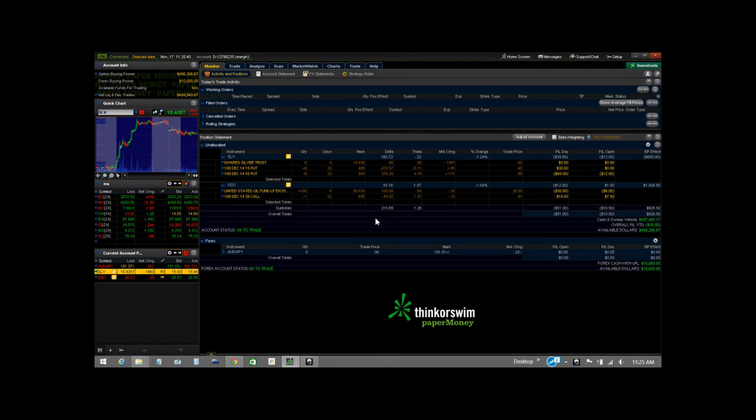Alright, here we are in our paper account, and just noticed an opportunity today. If you look over here, the S&P minis, the futures are down $4, and the NASDAQ is down $21 on the futures. The difference in the percent of change on that is quite a bit, so let's see if we can't